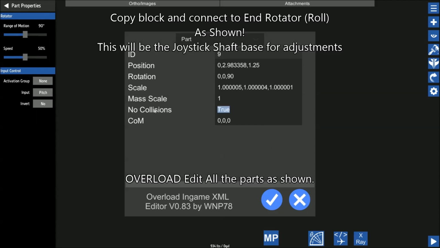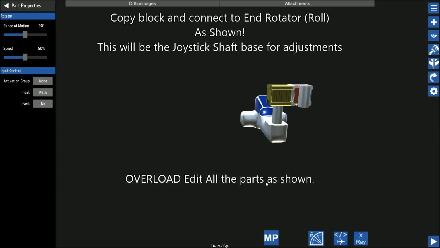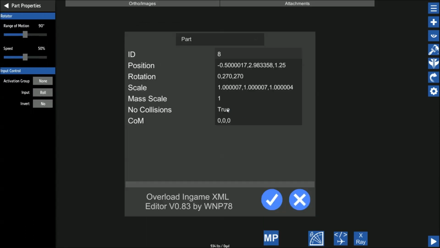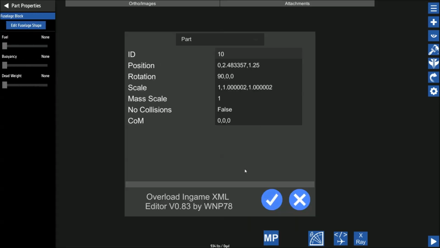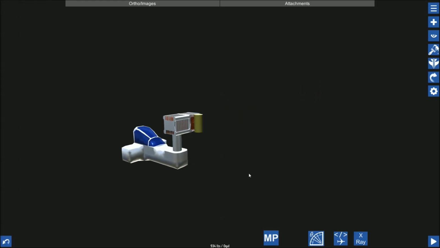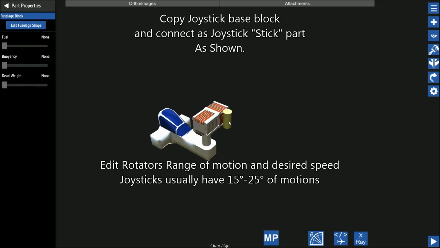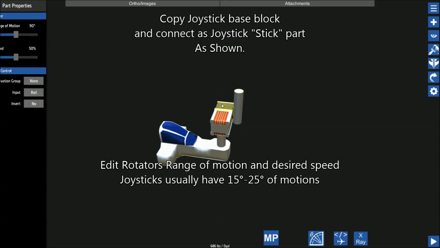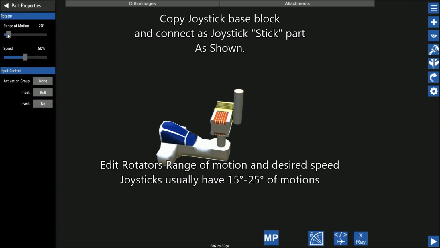And I'm editing all my parts in Overload, as you can see here, to change their values, to have no collisions, and also to reduce their weight so they have less effect. In a lot of things, I reduce the weight even more, to add a few more zeros in there. Now I can basically copy the joystick base block and extend it up. So I have a base for the joystick, and